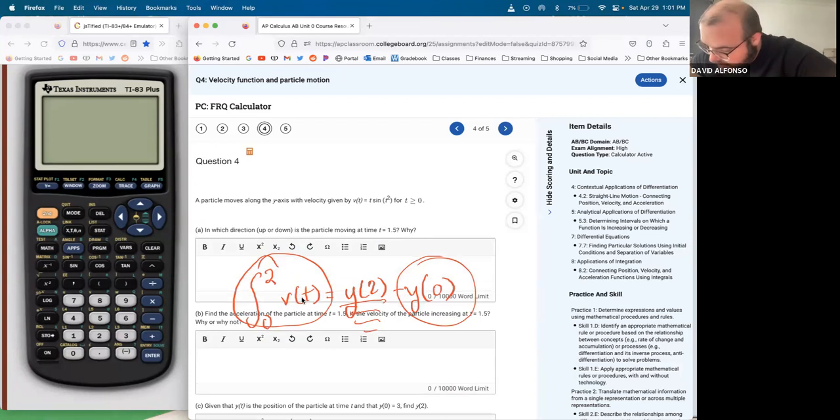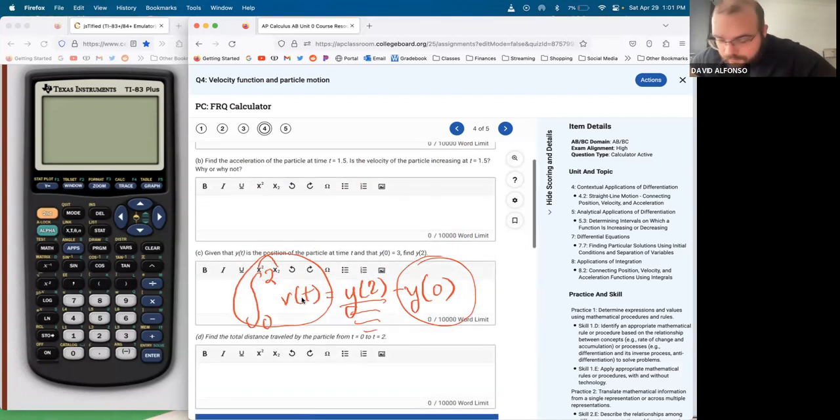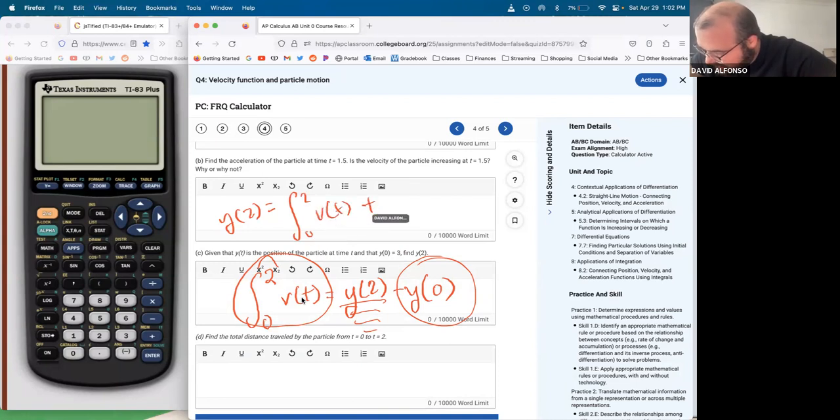So basically, y of 2 would be v of t plus 3. I'm very confused. I feel like a lot of these problems, because this whole AP Central is pretty new, I think they kind of rushed in putting in some of these problems. But